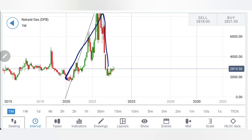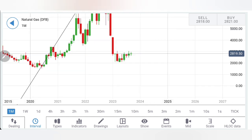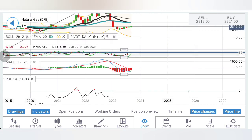Yes, nat gas has seen a sharper reversal here. It has achieved higher lows. Now it is bound to rise in the near future. That is my expectation, but these are markets. It can reverse as well. It can give a stronger breakout on the downside as well, but below 2, I don't think that it is going to stay here. So now this is on the charts. Let's have a look with the help of